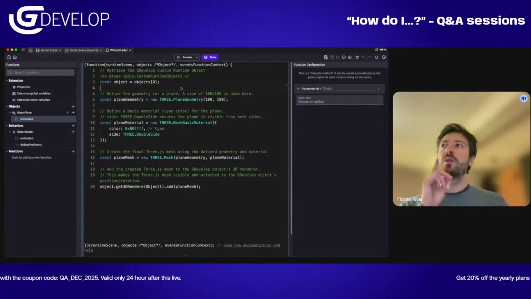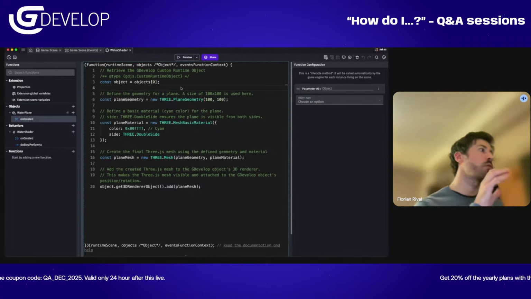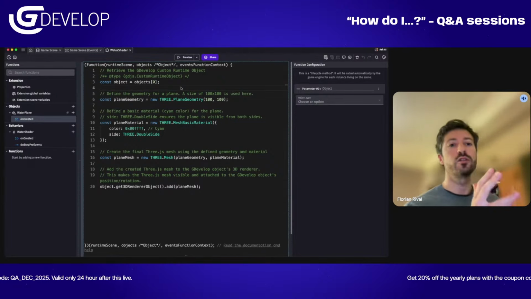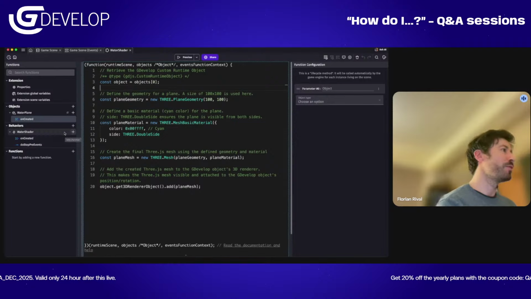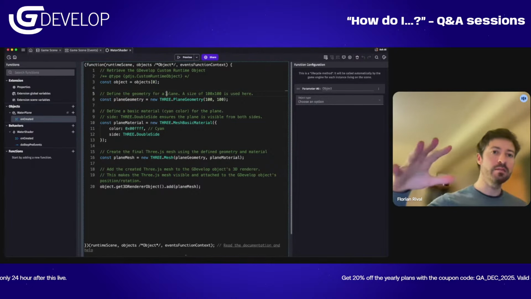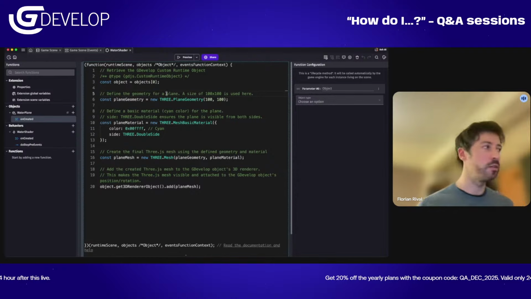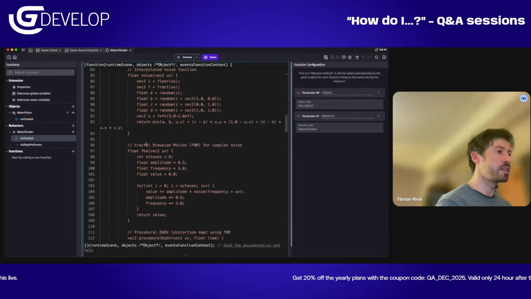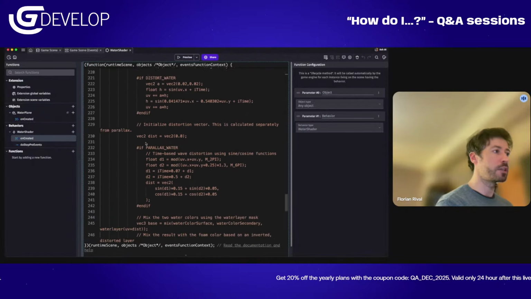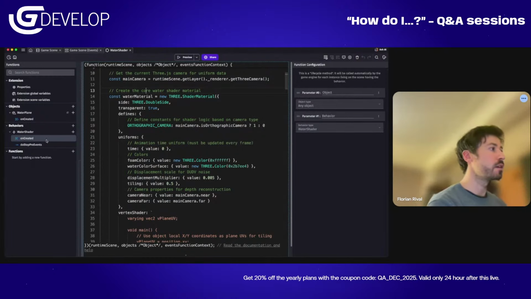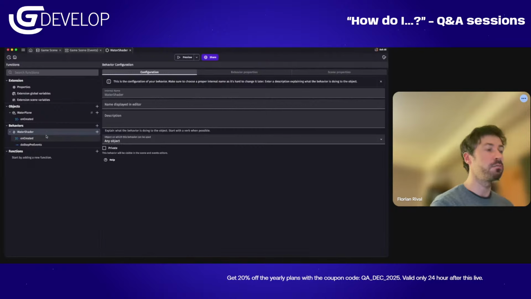Custom objects, I will show you how to make a custom object later. There, it's a custom object that was created entirely using code, so it's not the point of the stream, but still you can see that it's using Three.js, which is the 3D rendering engine, to create some 3D objects in the scene, and then it's applying a shader which is coded directly in the extension. So if you inspect how it's made,